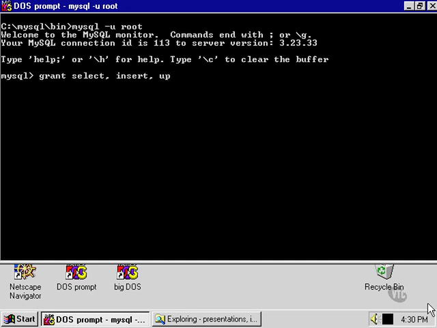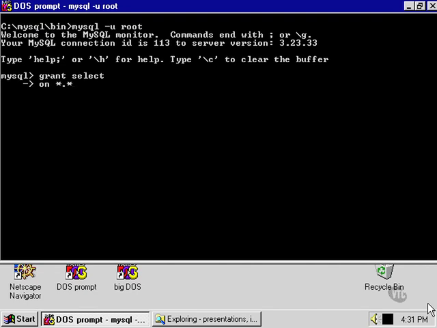We could allow them to modify but not to delete. Let's say just for now that we just grant them to read the data but not make any changes to it. Then we need to specify to which table we are granting them access. We can specify